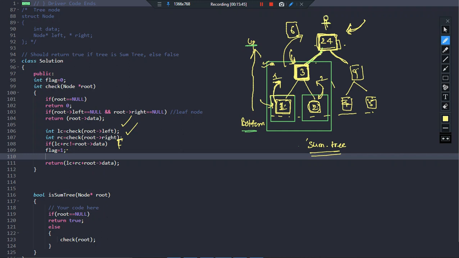Now this is my root node, and this root node has received the value from the left subtree, which indicates the LC value will be what? LC value will be 6. Now if you are on this root node, you will do a recursive call on the right subtree. And right now what is the root node? 9 is the root node, and you know that 9 is neither null nor a leaf node.